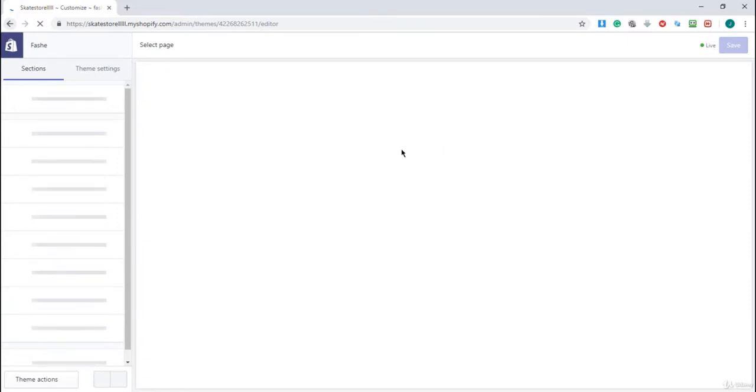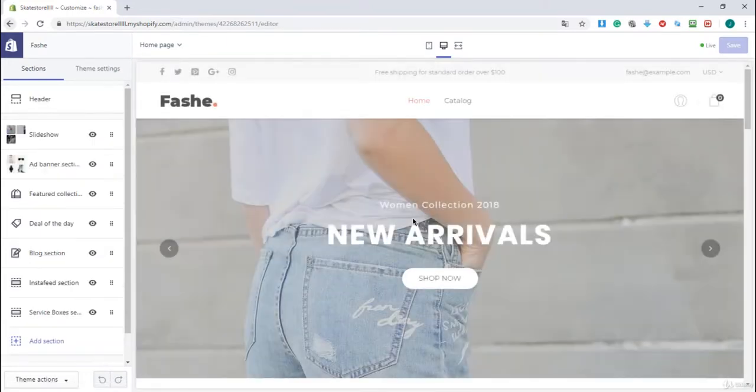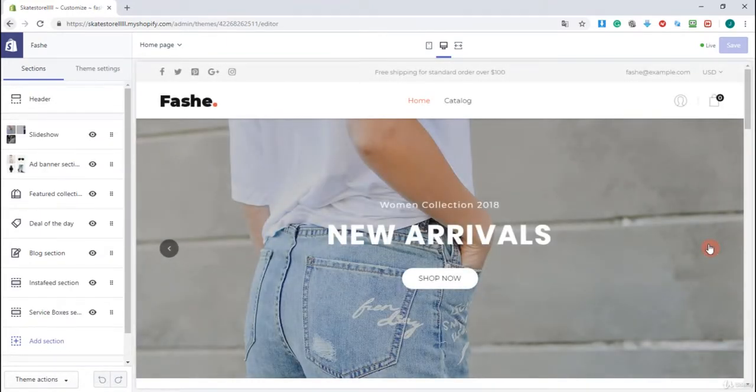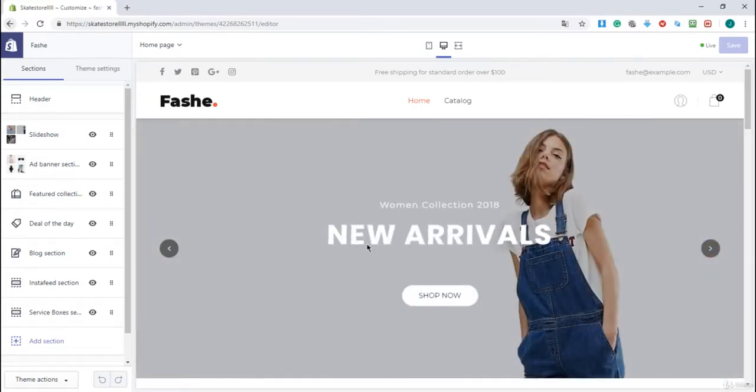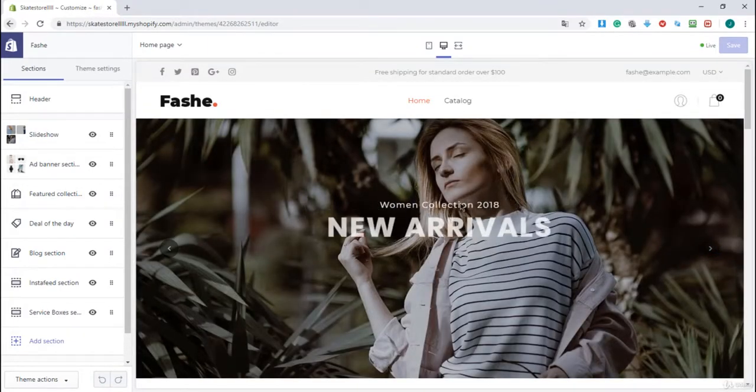And wait. Okay, it's loading. It's nearly done. Okay, there it is. There's our great website, but we're gonna make it look much better than this. This is already good looking, but I want to change the slider images because we can make it a better